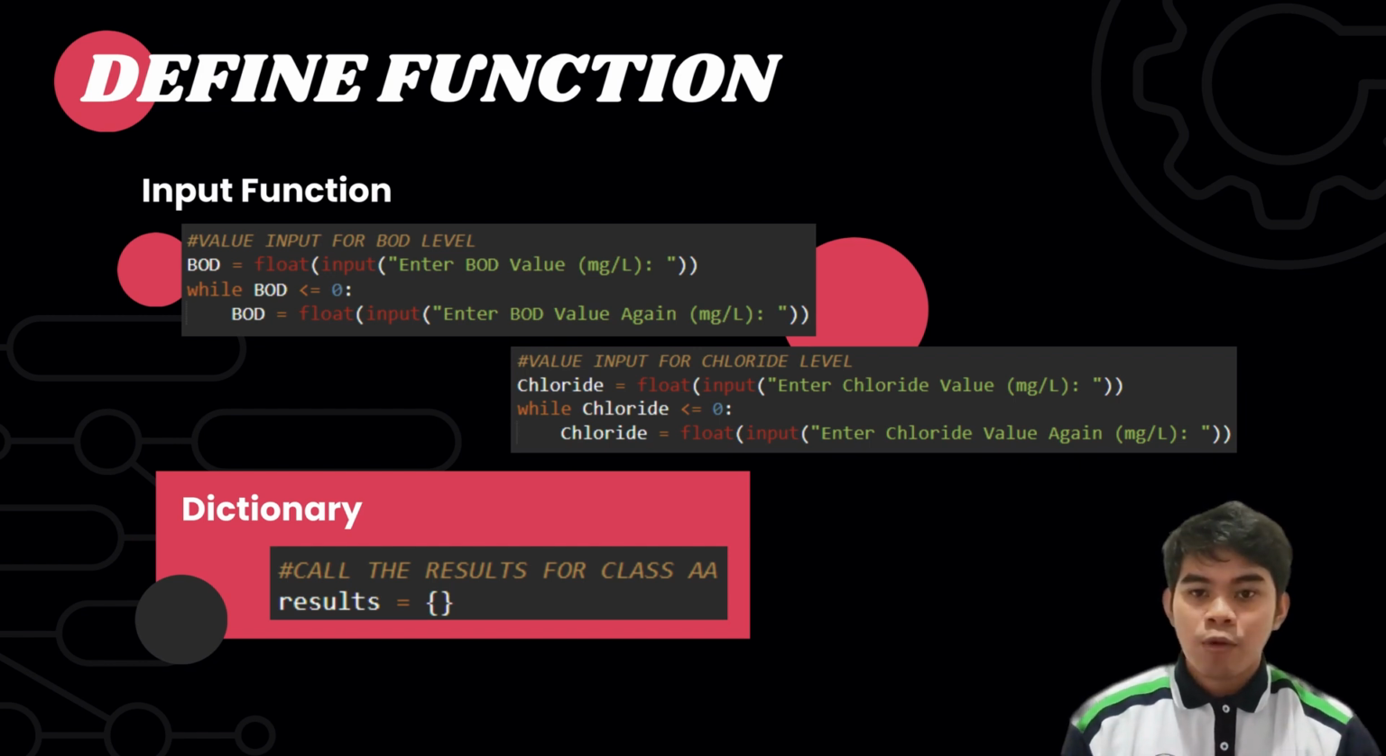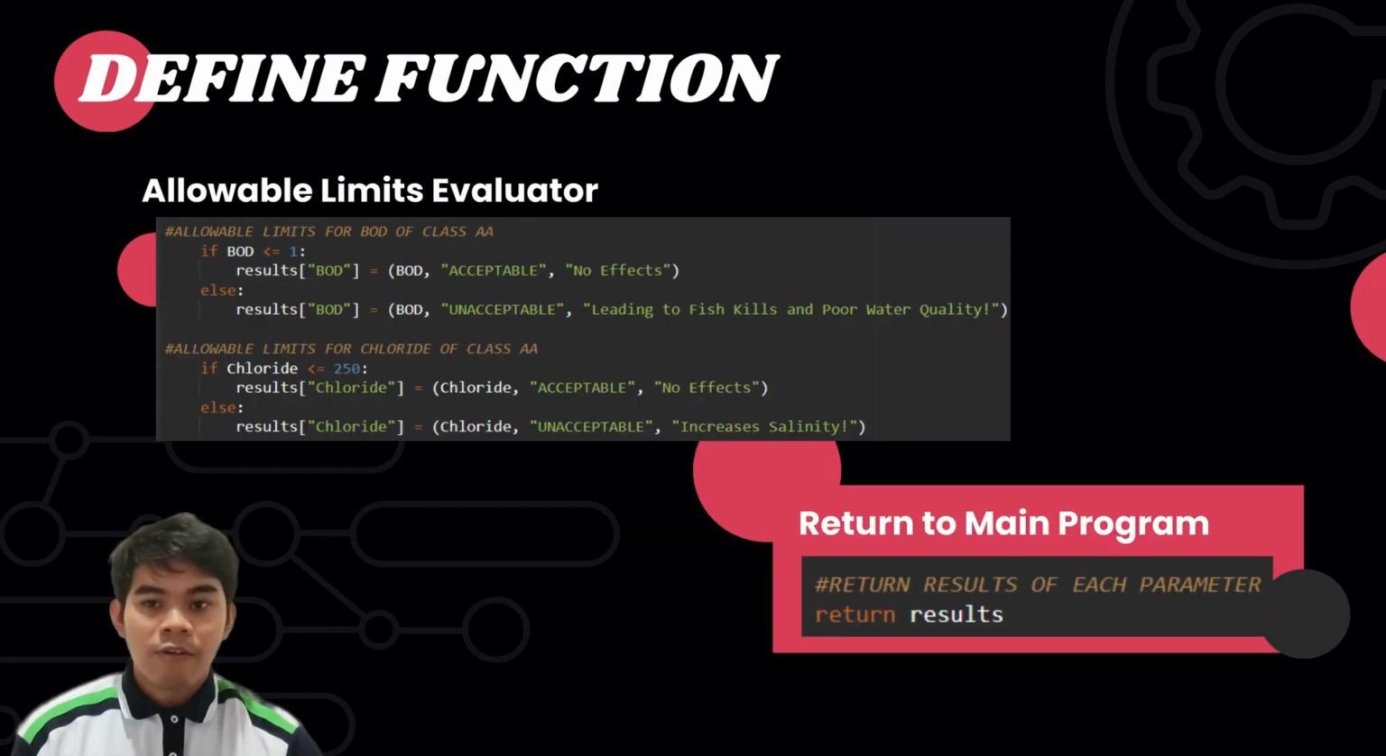Each value is stored using a Pandas data frame to make it easier to display and analyze the data later. Once all the inputs are entered, we store them in a dictionary called result. From there, the system checks if the input values fall within the allowed limit based on DAO standards. We use if-else statements to compare the user input with a set allowable limit. If a value exceeds the limit, an automatic suggestion or explanation appears to inform the user of its potential effect on the water body. At the end of each function, we use a return statement to send the data back